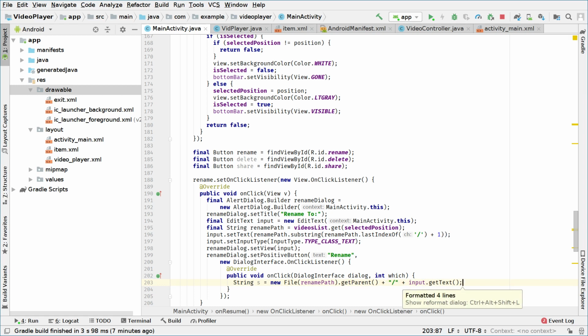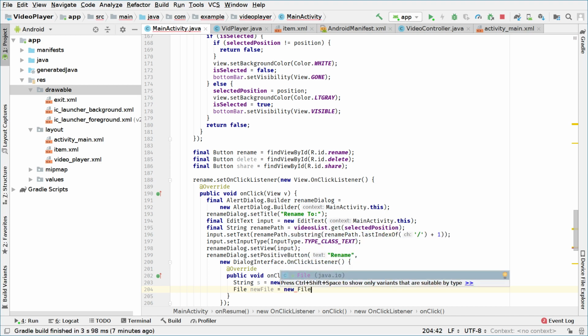Now we'll create a new file using this new path we just generated. New file will be the name, so new file is the name. We will say new file with the path. Okay,